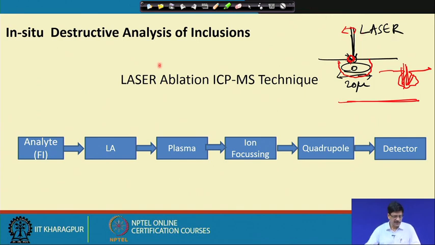So, as it is written here, the analyte is the fluid inclusion. This fluid inclusion, situated in a solid mineral host at a particular depth from the surface, is gradually ablated, and this material is carried by the carrier gas, and then the rest is similar to what happens in an ICP-MS. The analyte goes to laser ablation, is ablated, and then with the carrier gas it comes to the plasma where it is converted to its ionic state, and then the ion focusing, the quadrupole and the detector. So, the only difference here is